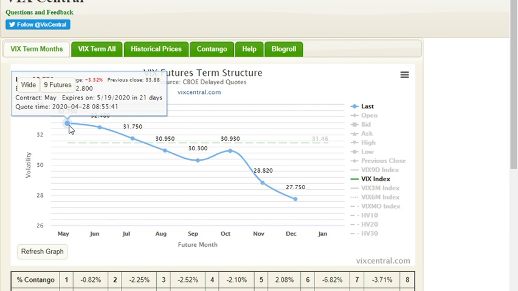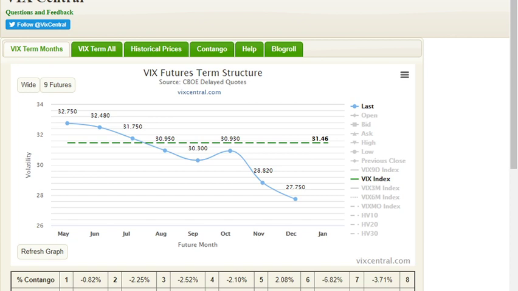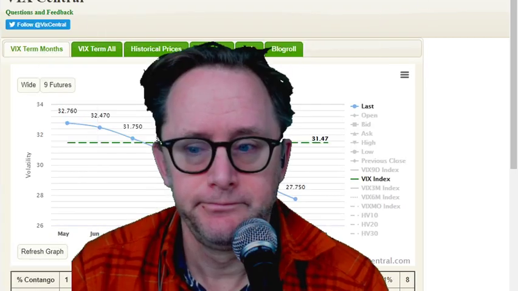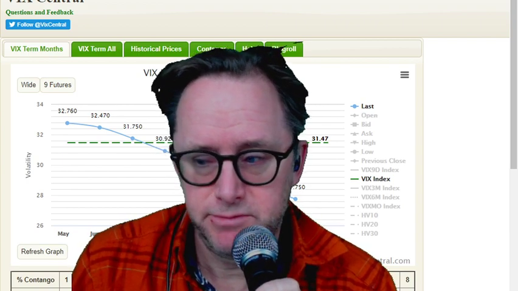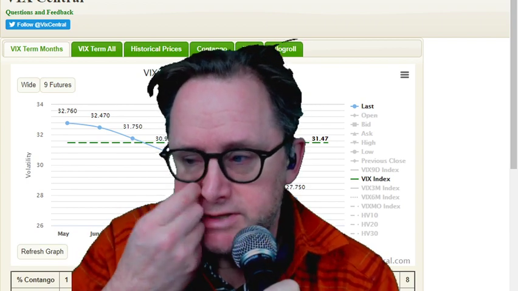The S&P 500 is the most traded thing in the world. In fact, 80% of all the market trading in the world comes through the S&P 500 in some way or another. And what the term structure shows us is the price level of options in the S&P 500 30 days out in general. The VIX itself is supposed to be 30 days out. The futures represent